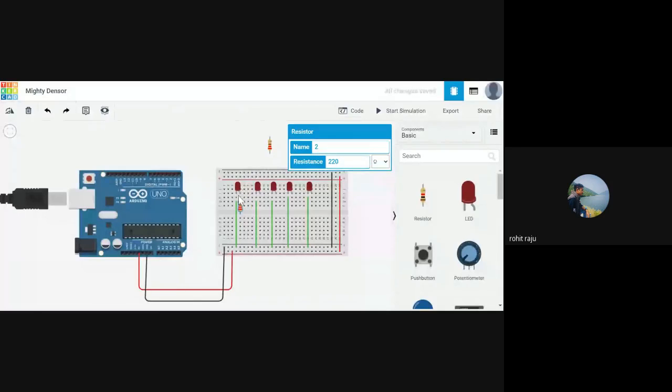So you can connect, as we discussed yesterday, one terminal of the resistor to the positive terminal of the LED, and this resistor in turn is connected to one of the digital pins.